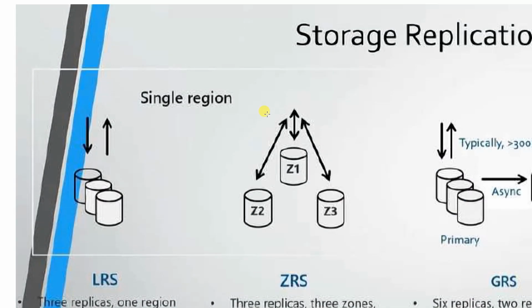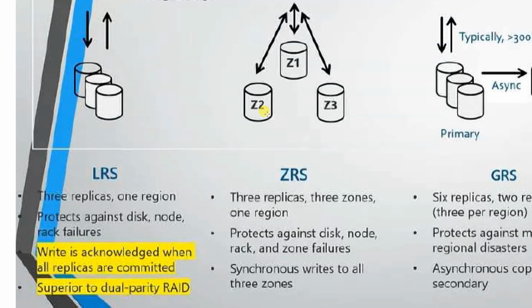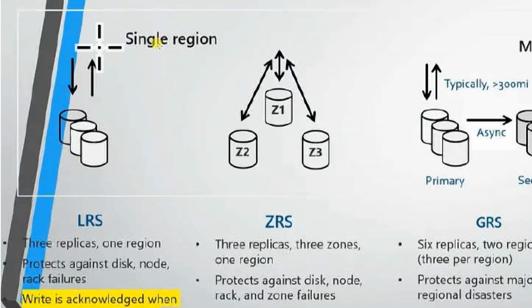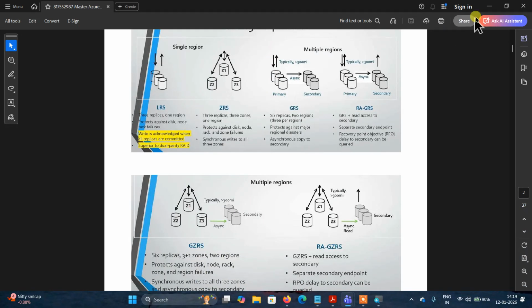Do you remember that there are multiple storage classes in AWS, like standard and standard infrequent access? Same thing here also. Here, what is LRS? Three replicas in one region. Three replicas in one region means it will keep them in a single availability zone. Whereas ZRS, here ZRS,